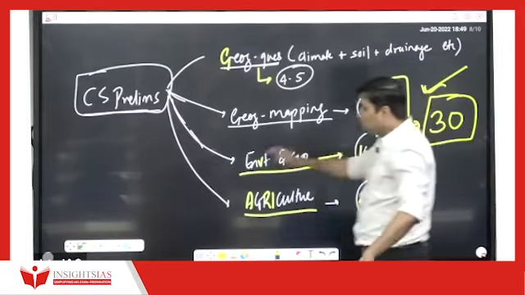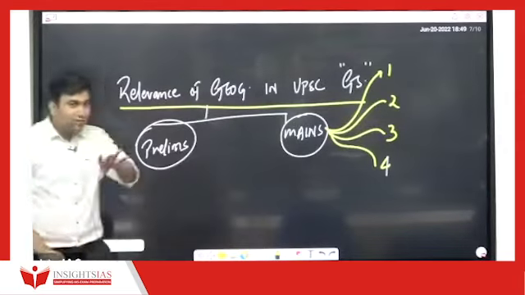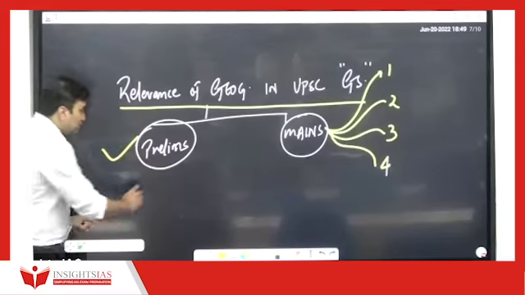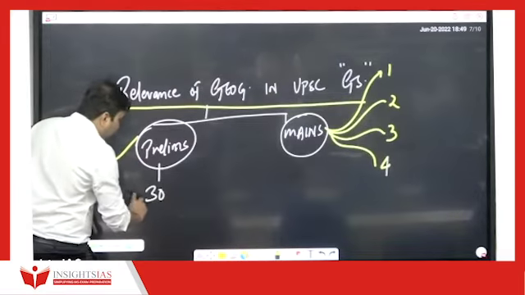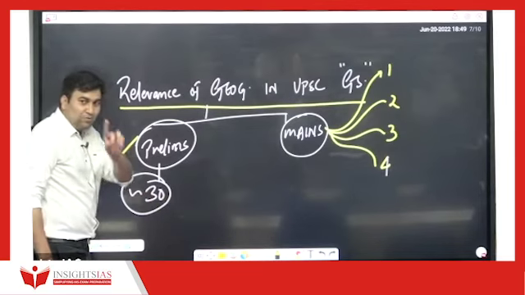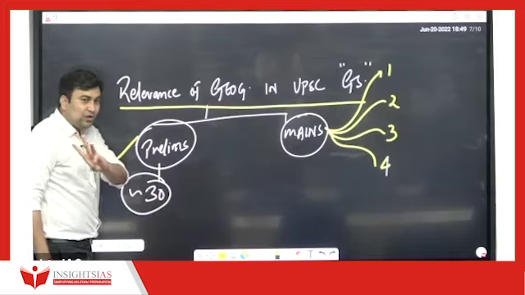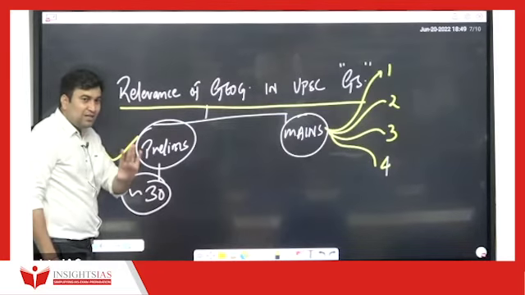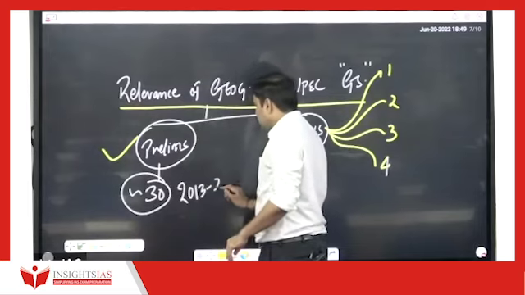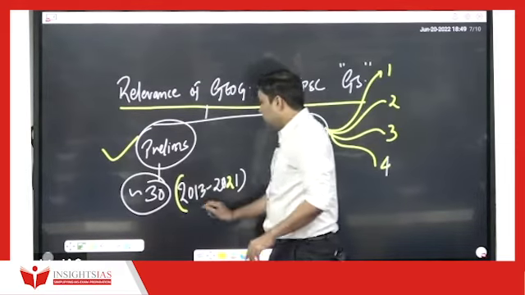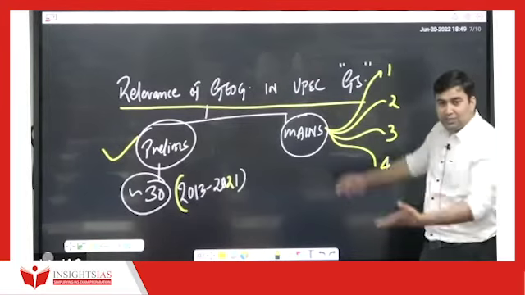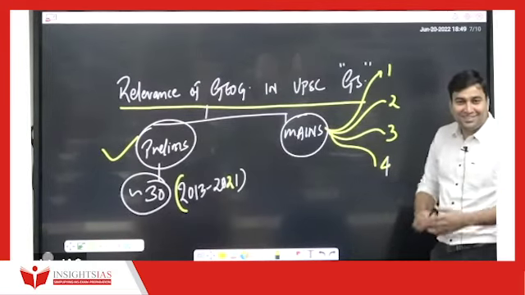Now let me come to this part, and this I will show you the syllabus. ये समझ में आया सबको? प्रीलिम्स में अराउंड 30 क्वेश्चंस, 30 क्वेश्चन मिनिमम, 60 मार्क्स फ्रॉम एग्रीकल्चर, एनवायरमेंट, जियोग्राफी, मैपिंग, कंपल्सरी इन ऑल द पेपर्स फ्रॉम 2013 till 2021. बच्चे इसकी बात कर रहे हैं ऑप्शनल की, पहले पीटी तो पास करो, राइट?